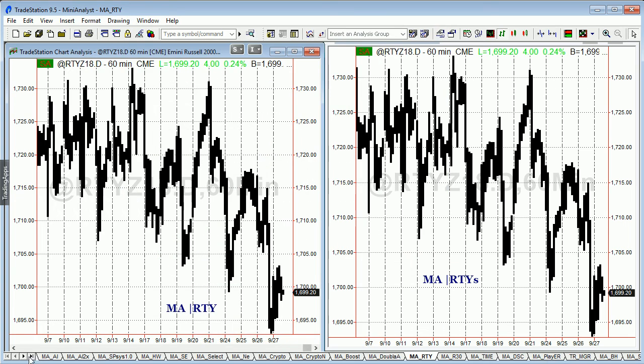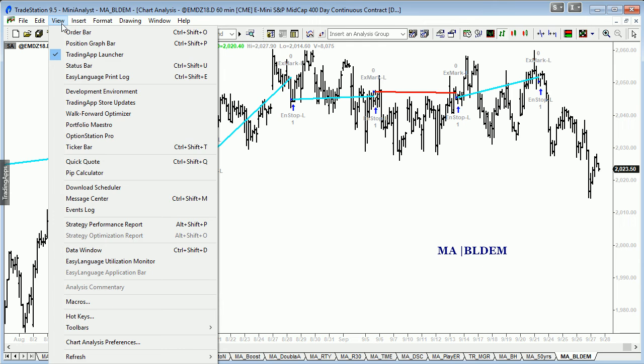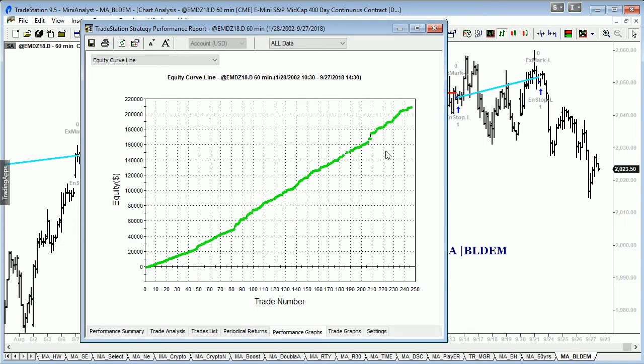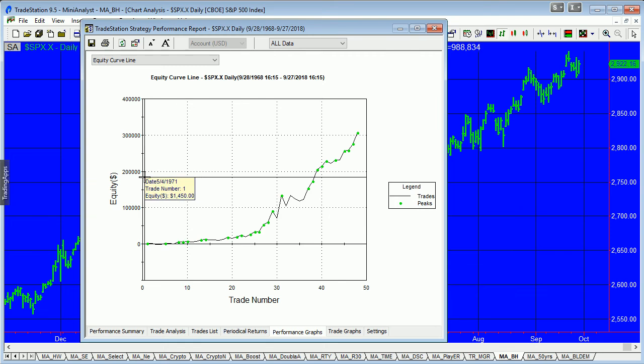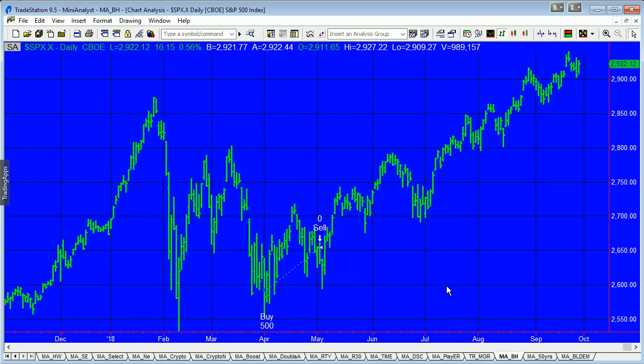And of course, we actually mentioned recently, just kind of taking a look back at, so Build'em actually is in a position, but we're not actually trading this. We'll go ahead and take a look at the strategy report. Yeah, there's a few green dots there. So we'll look at the over the last 50 years or so, trading the S&P 500. So that's a pretty nice chart. So we're going to go ahead and look at the